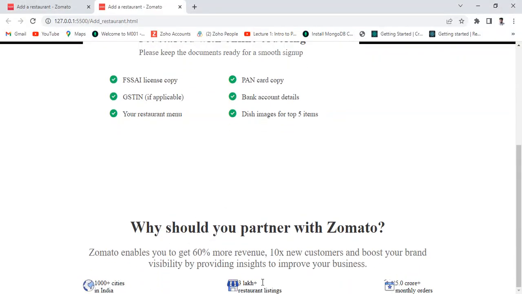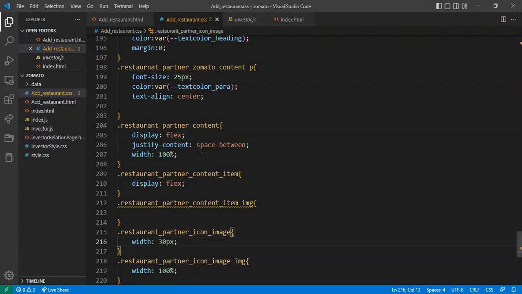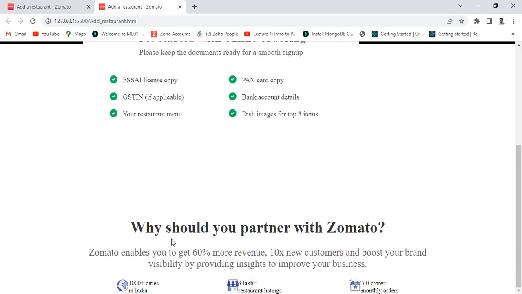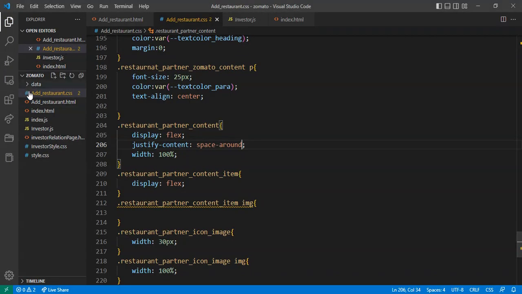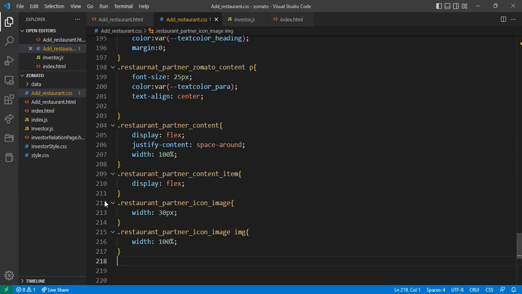Yeah, now it's okay, and these things are like this, and here we want to change this to space-around. Yeah, like this one. Now I want to give, just remove this. After that